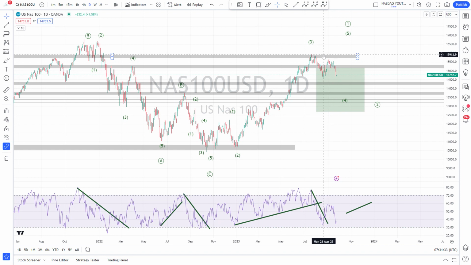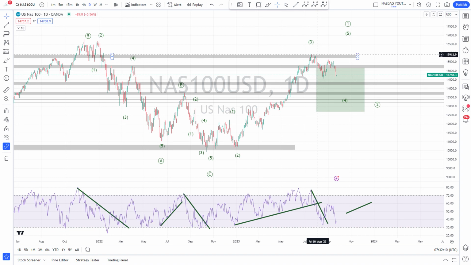This is what I would call the trap that is possible. This looks like a very nice impulsive structure, but this can actually be like an extended wave C. And then it's just a corrective structure. Three waves: one, two, three, A, B, C, and we finished here, and we come down. Okay, so that's a possibility. It's not my primary scenario.